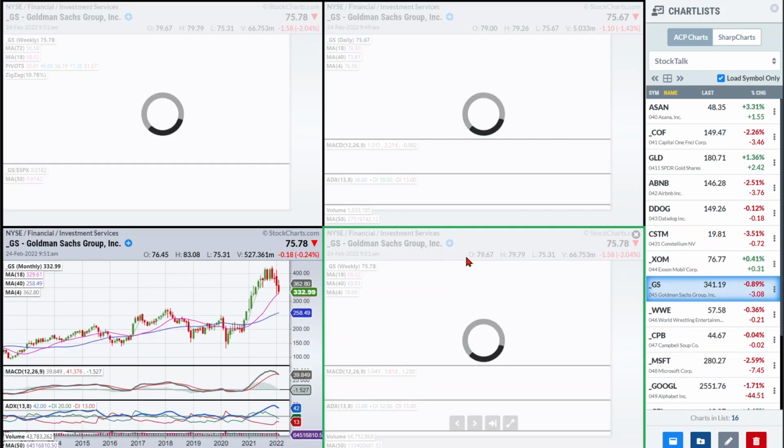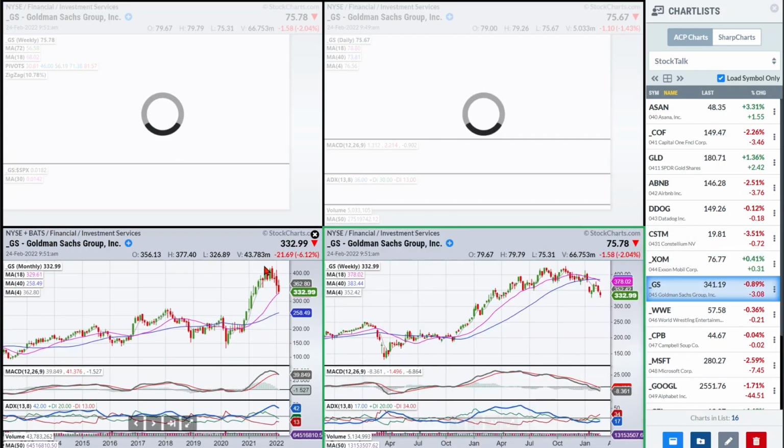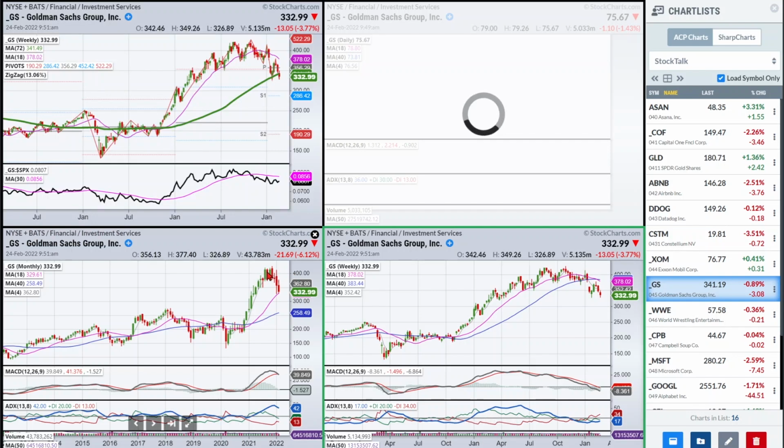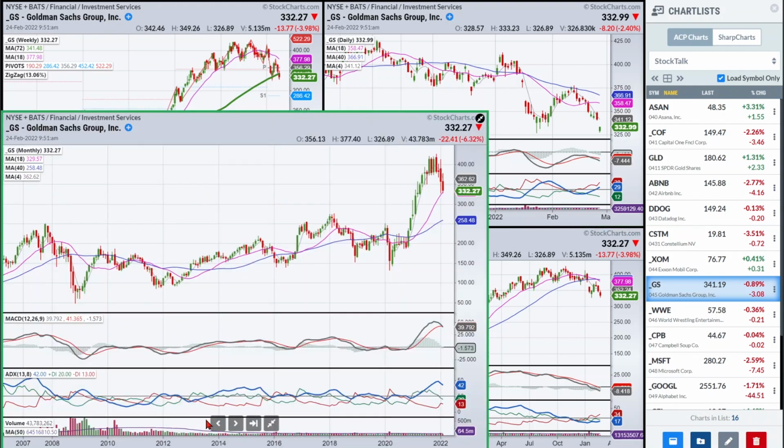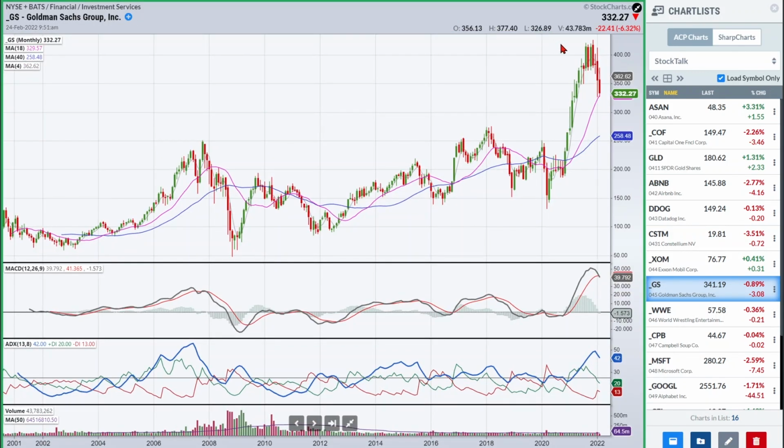So Goldman Sachs, strong move to the upside, ran into this big round number at 400. But we look at the strength of the ADX, MACD confirmed as well. But here's why I like to use 2 time frames. If you're using a single time frame and you're looking to be a long-term investor, you might have a fib grid up and you might be saying, oh, I'm coming back to this major moving average. It could be an 18 or a 20, and be a buyer